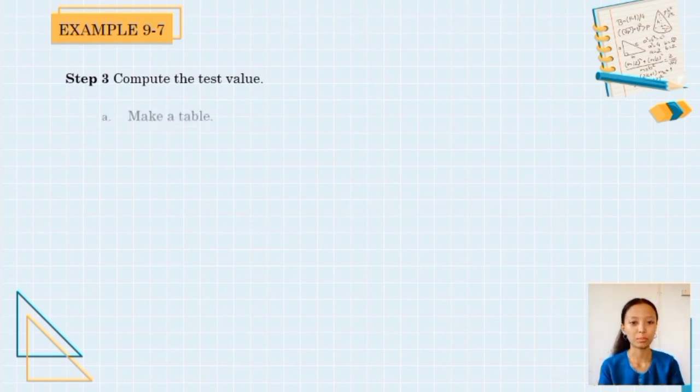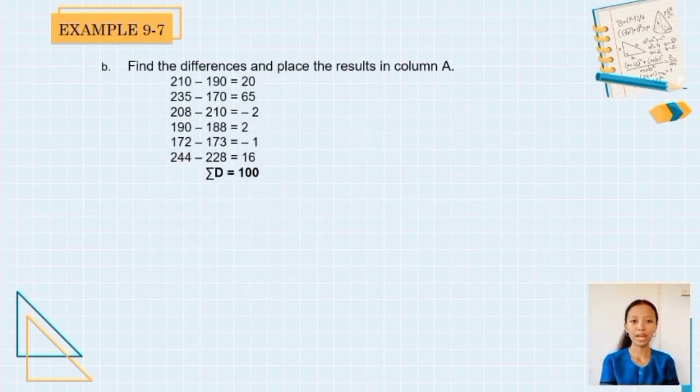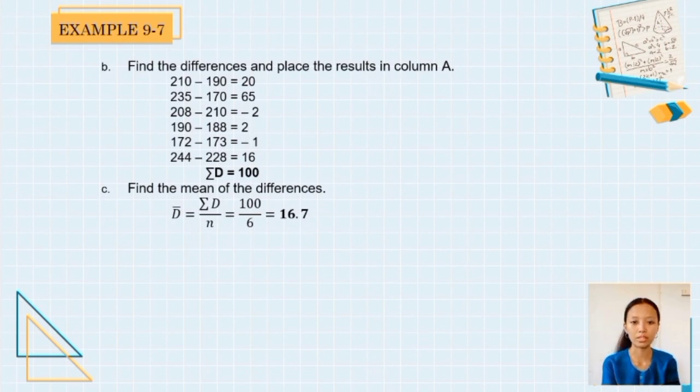First, we must make a table. Just like the previous example, it has 4 columns. Next step is to find the differences. So the difference between 210 and 190 is 20, 235 and 170 is 65, and so on. The sum of our differences is 100. Next step is to find the mean of the differences using the formula d bar equals the sum of d divided by n. Our sum of d is 100 and our n is 6, so 100 divided by 6